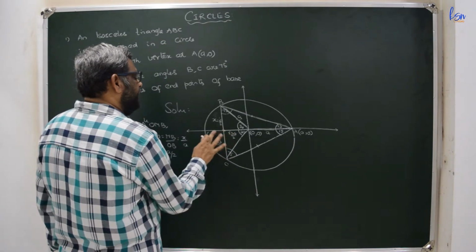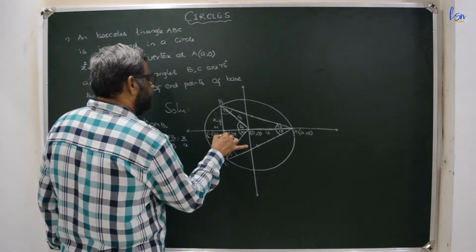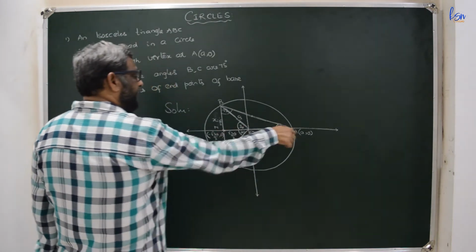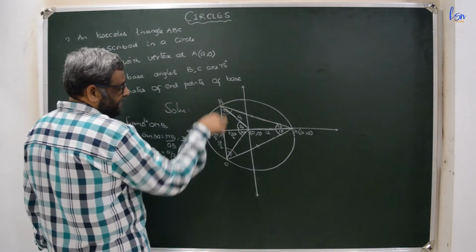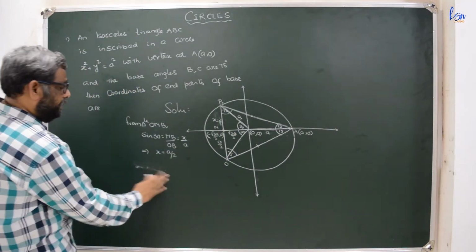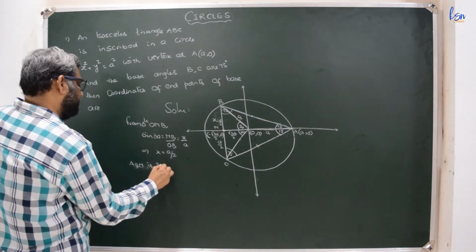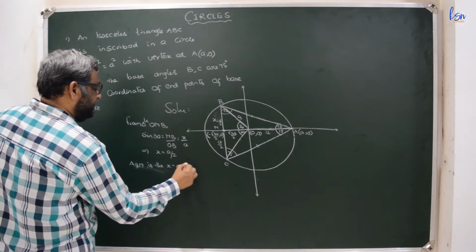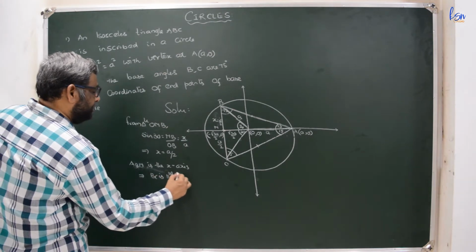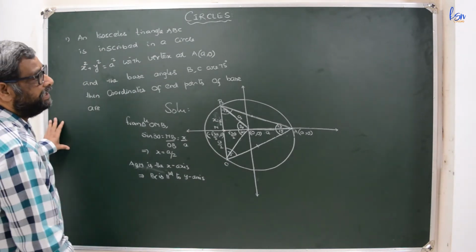This being on the x-axis, this point will be (minus root 3A by 2, 0). This AOM is the x-axis. So BC, here AOM is the x-axis, which implies BC is parallel to the y-axis. BC is parallel to y-axis.